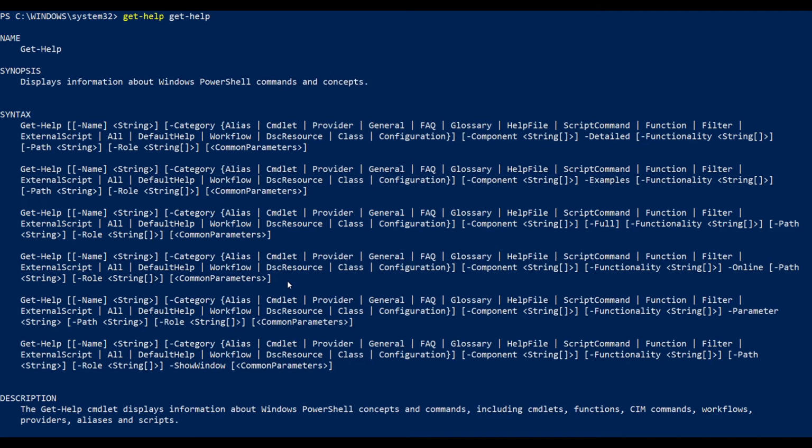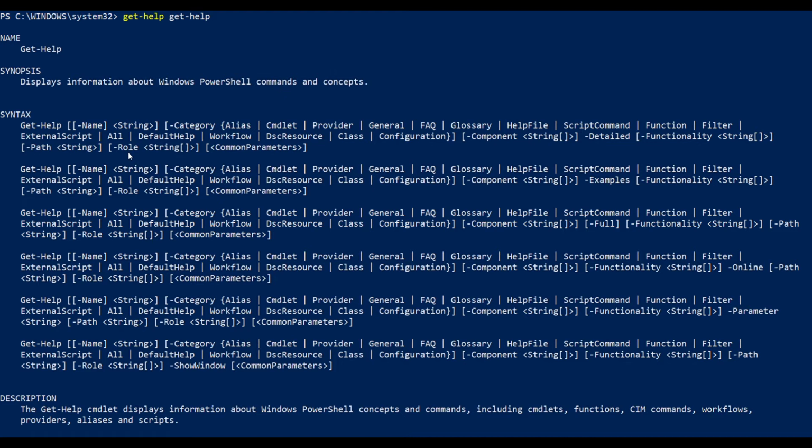For the Get-Help cmdlet, there are various parameters like hyphen name, hyphen category, hyphen detailed, hyphen path, hyphen role,